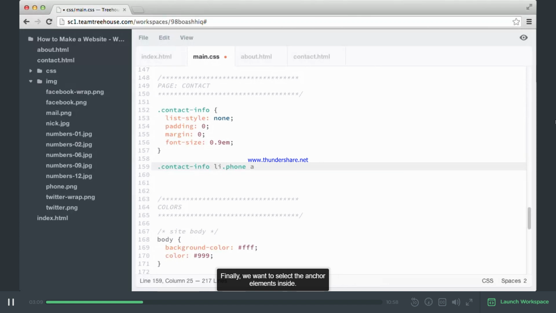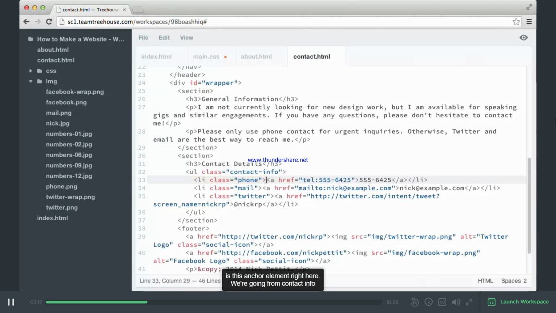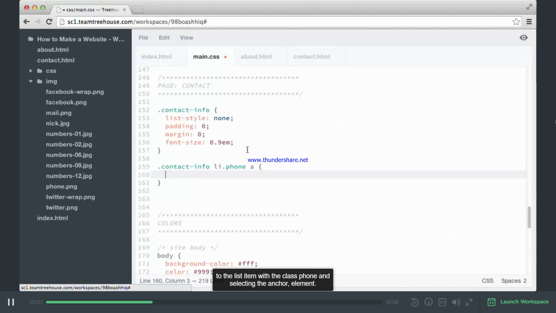Finally, we want to select the anchor elements inside. So what we're selecting here is this anchor element right here. We're going from Contact Info to the list item with the class phone and selecting the anchor element. Now,